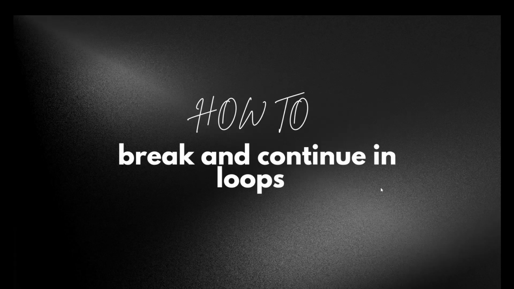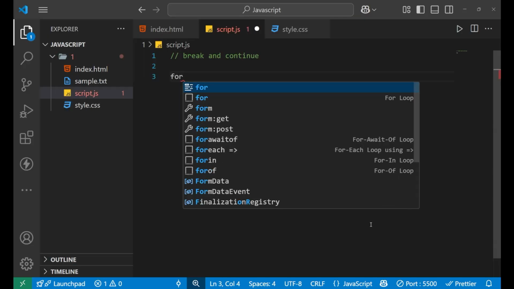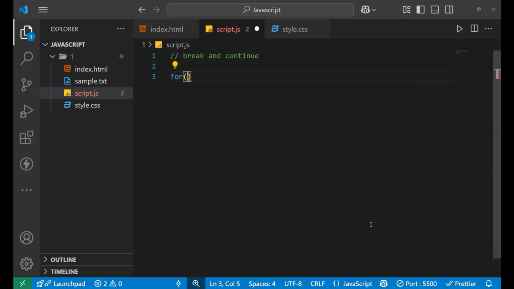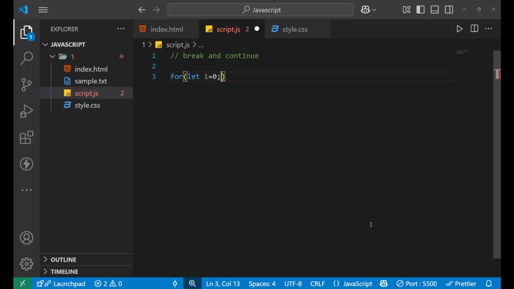Let's start. Let's first understand the working of break. So let's create a loop here, that is a for loop. Inside of this, I will say let i equals 0 and i is less than 10 and i plus plus.